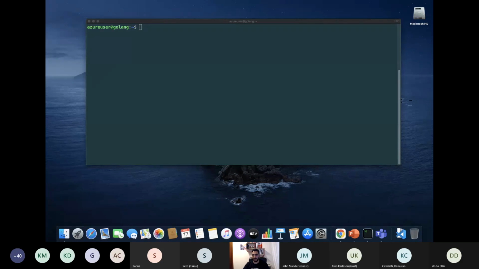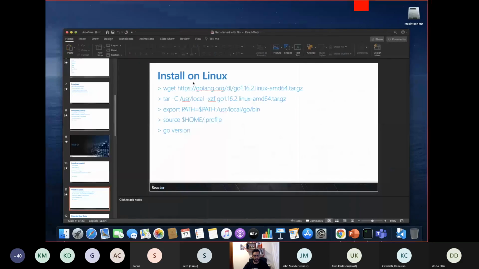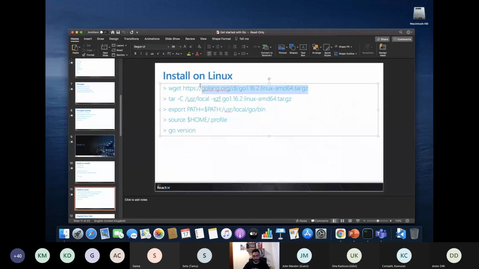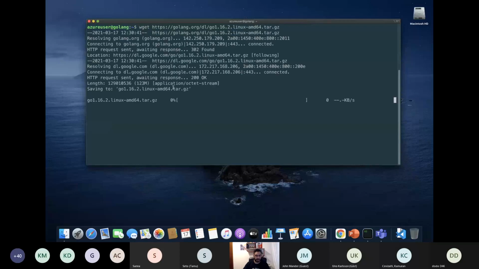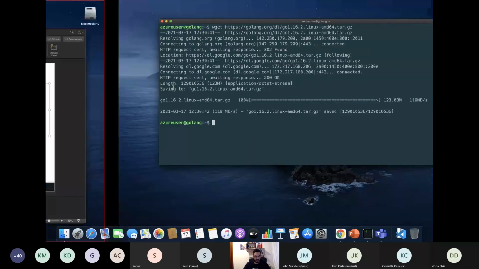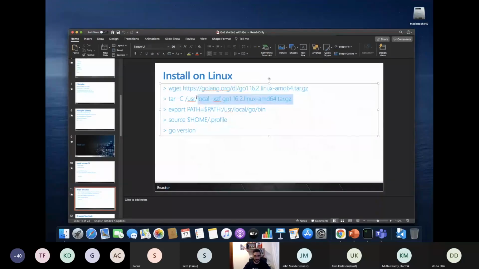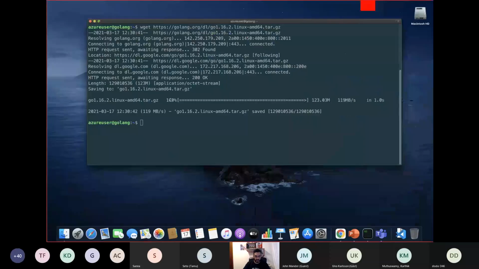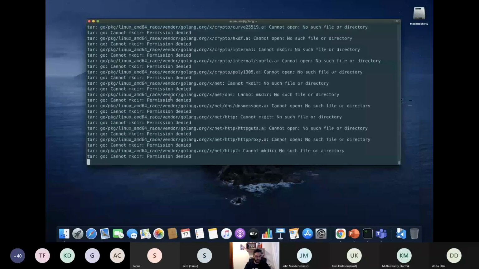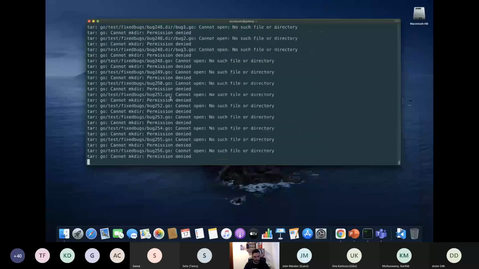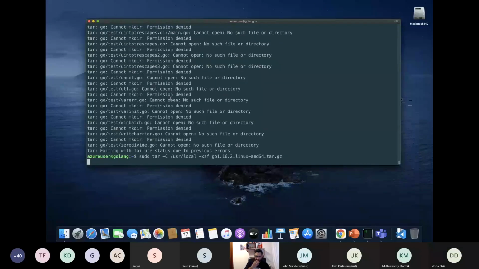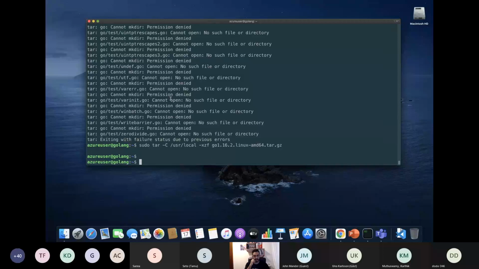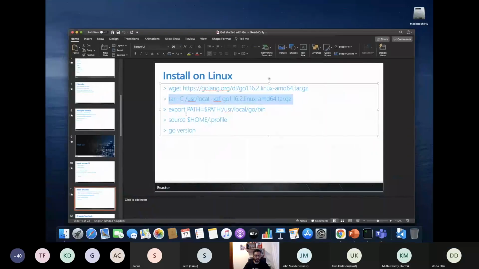So the first thing that we need to do is to copy this command, which is basically to download the installer, and we wait for a moment here, then we untar this, and we simply run this command here. Well, let's see, I have to do this with sudo permissions. Okay, got it.